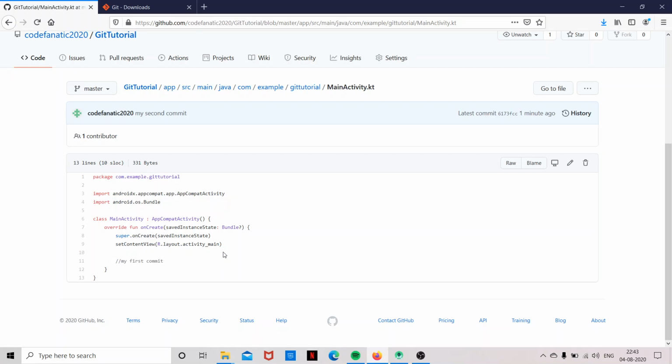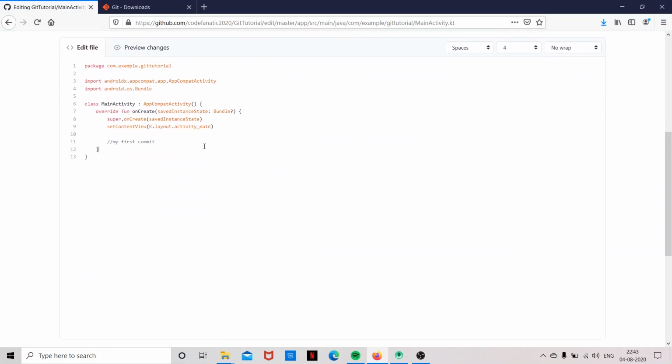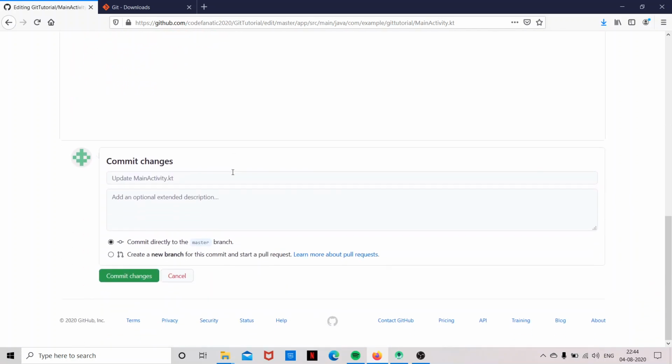So now we are going to learn how to do a pull command. So I'm going to edit my file in my GitHub repository. I'm going to type in another comment line, my second comment, and I'm going to commit my changes.